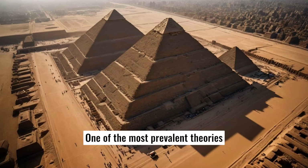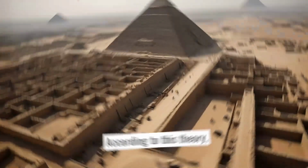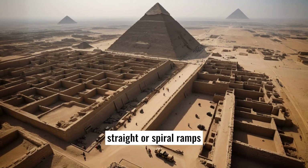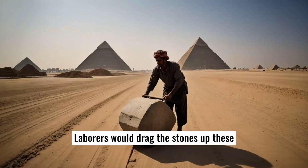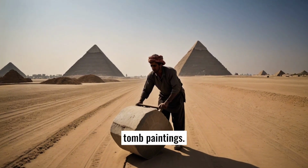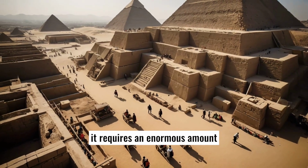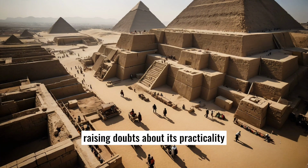One of the most prevalent theories suggests the use of elaborate ramps. According to this theory, a series of long, straight, or spiral ramps were constructed to move massive limestone blocks into place. Laborers would drag the stones up these ramps using sledges and ropes, a process depicted in ancient tomb paintings. While this theory holds weight, it requires an enormous amount of labor and resources, raising doubts about its practicality on